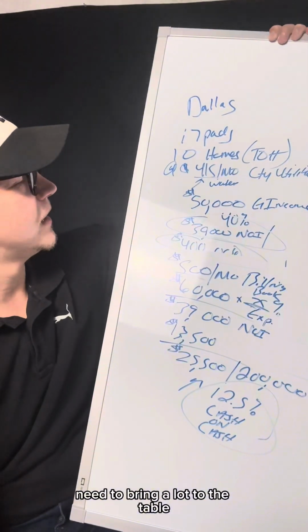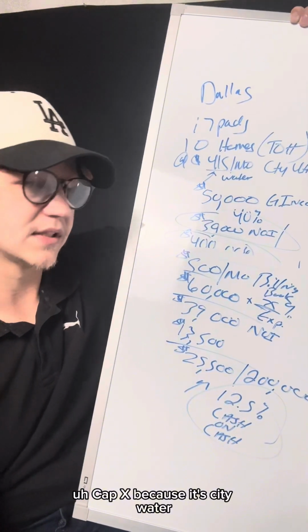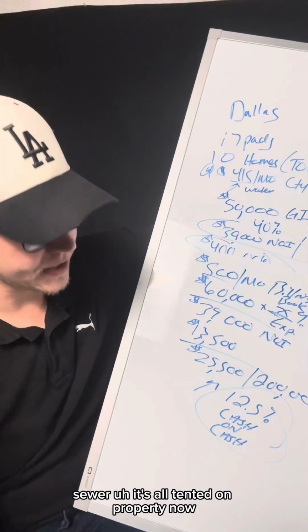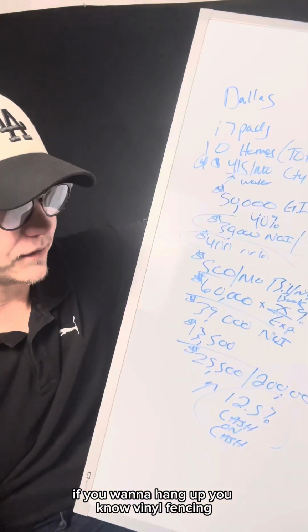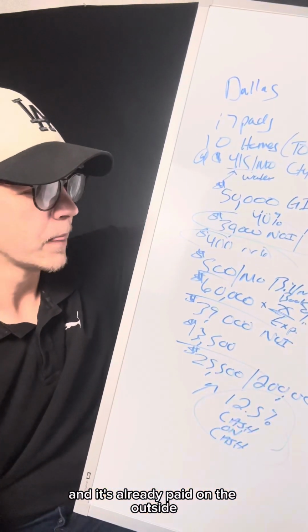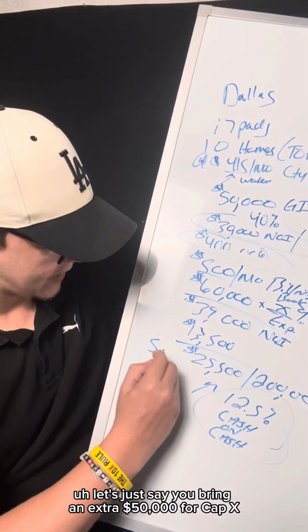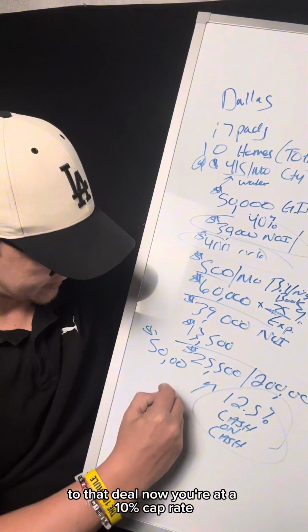I don't think you're gonna need to bring a lot to the table as far as CapEx, because it's city water sewer. It's all tenant-owned property. Now, if you want to hang up vinyl fencing, I don't think you need to pave the roads. The park's too small and it's already paved on the outside. So minimal capital expenditures. Let's just say you bring an extra $50,000 for CapEx to that deal. Now you're at a 10% cap rate,